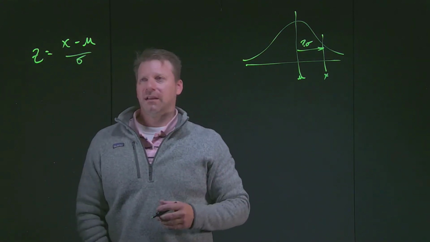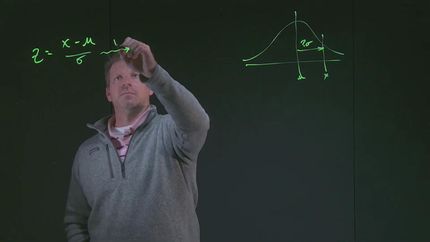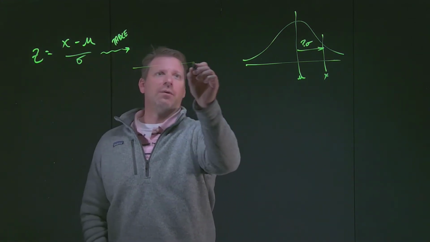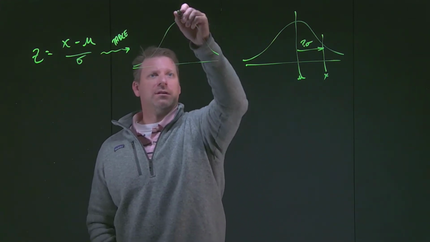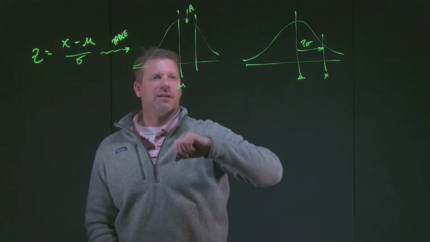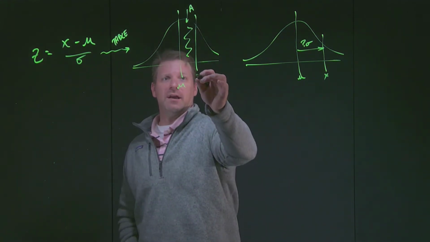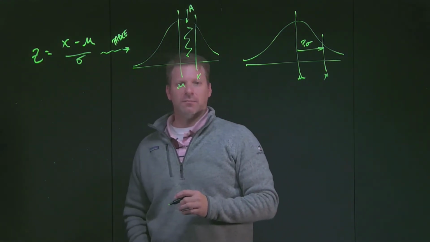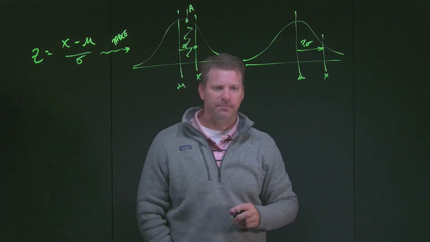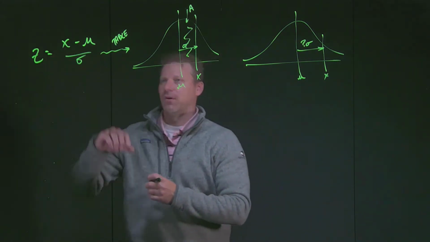What we're going to do is just take this one step further, and now we're going to say we can use some tables. We can use a normal distribution table, and use that table to find different areas within this normal distribution based on this z-value, basically the number of standard deviations away from the mean that I am. Now, these z-value calculations are very straightforward.